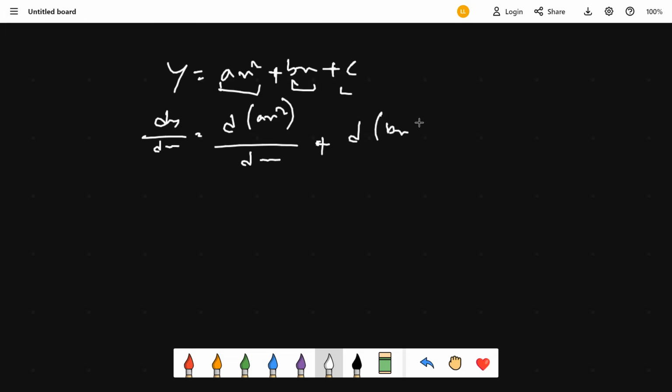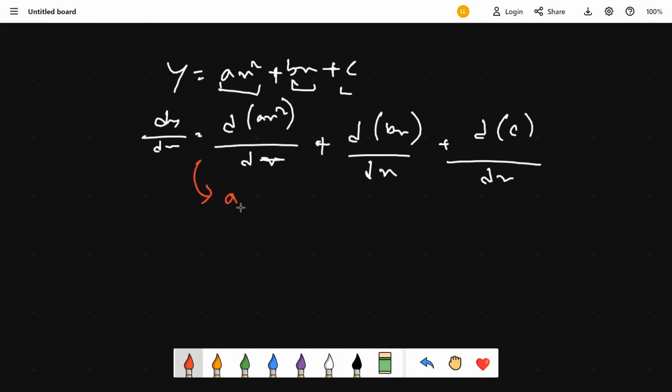So d(bx) by dx plus d(c) by dx. This is how we represent the differentiation function. Okay, so simply placing the function inside this means that we have to differentiate what is inside the bracket. So simply writing this, we get differentiating this ax squared. What do we get? a is the constant, it remains constant, multiplied with the differentiation of this term, x squared. It is what? 2x, isn't it? Because using that formula, plus